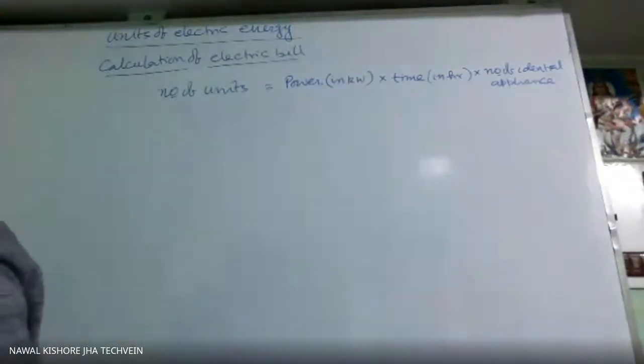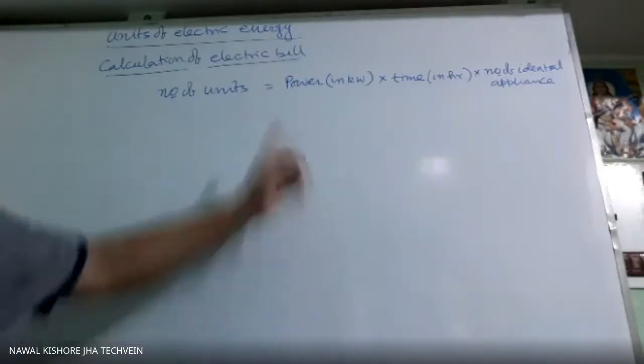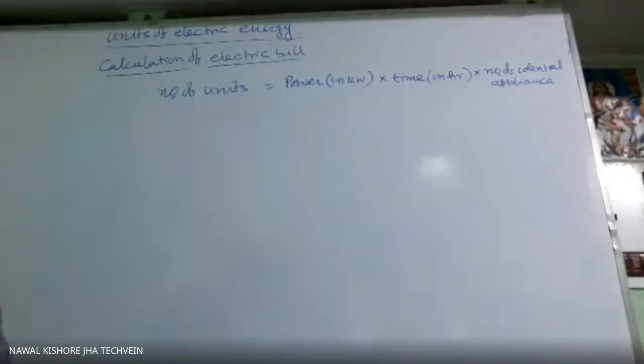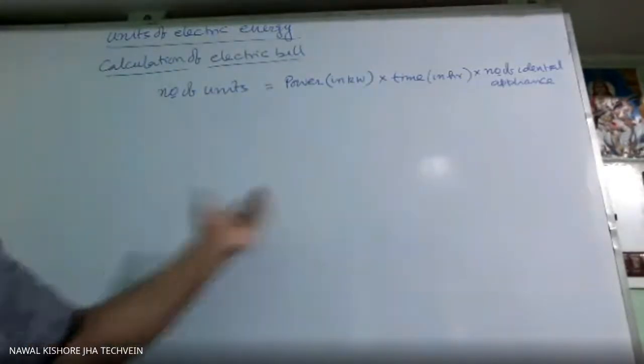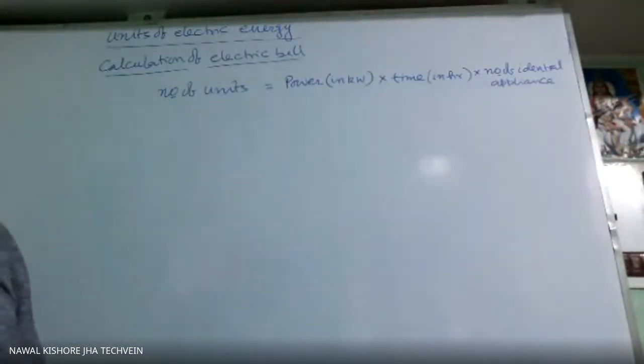Suppose it is asked for the month of February 2020. Then in the month of February 2020, the number of days is 29. So we'll multiply it by 29. If you are asked to find the bill for the month of August, in case of August there are 31 days. Find the bill for the month of April. So you have to find how many days are there in that particular month.